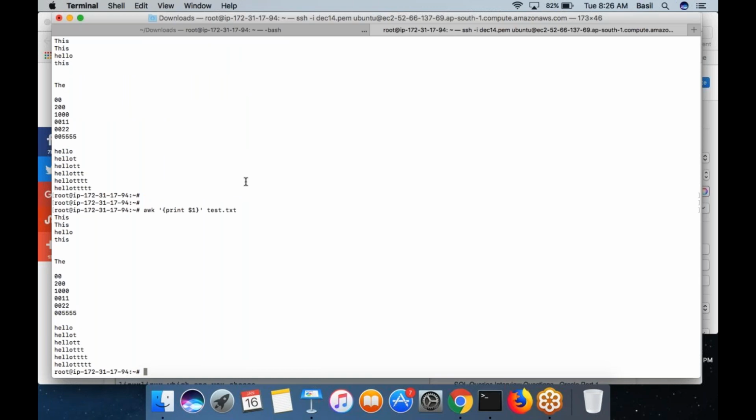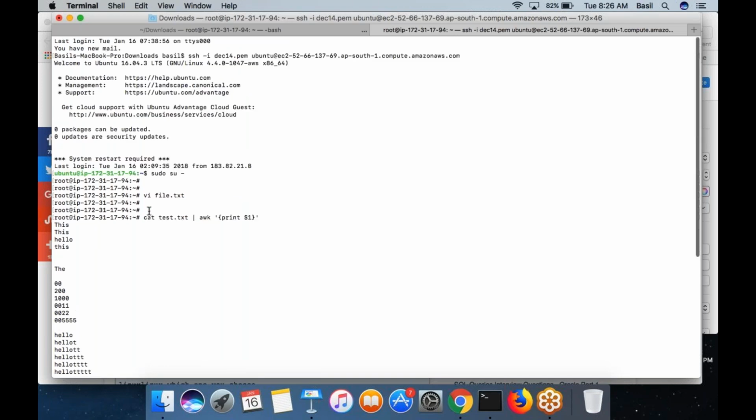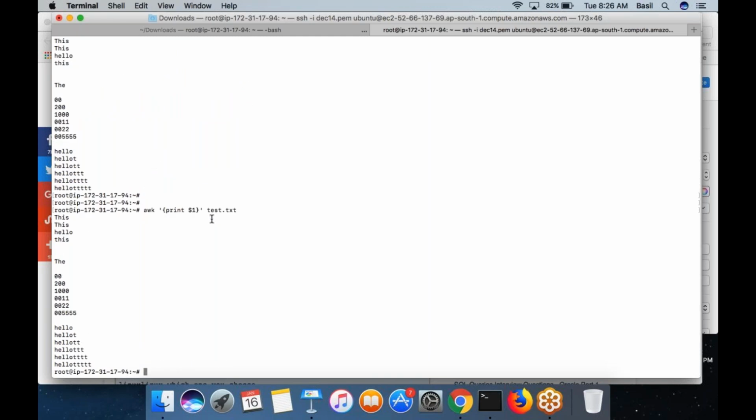Both would give you the same output. In this case, the file content is taken by awk as the input. That's the same case in the previous command also: you print the file content and that becomes the input to the awk command. So technically both are the same.